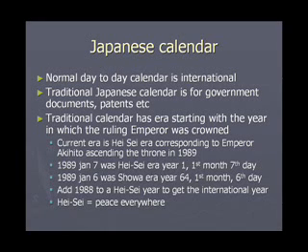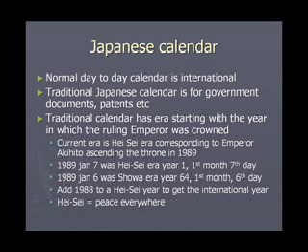The current era is the Hei-Sei era and started in 1989, the year in which Emperor Akihito ascended the throne. He was crowned on 7th January 1989. That day was the Hei-Sei era, year 1, month 1 and day 7. The previous day, 6th January 1989, was the Showa era, year 64, month 1, day 6. This means the year 1 is counted from the year of crowning, but the month and date are still as per the international calendar. The day 1 to day 6 of the first month of the first year in Hei-Sei era just did not exist.